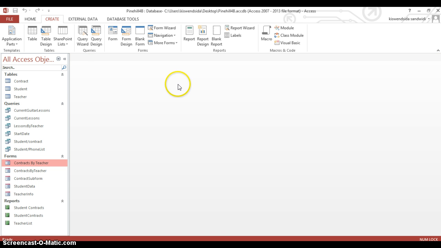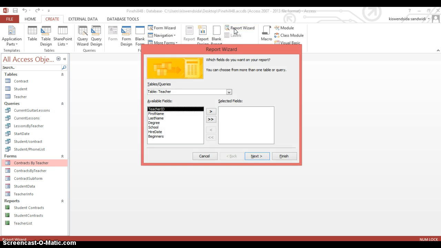And then I used the report wizard to create a report based on the student table and the contract table. And then I selected all the fields from the contract table except student ID, start date and end date, and I selected student ID, first name, last name, phone and home phone fields from the student table,